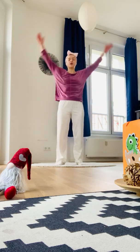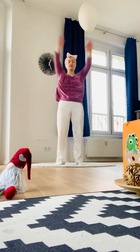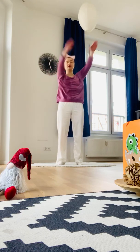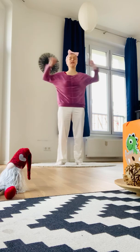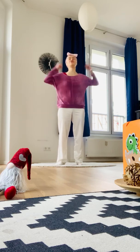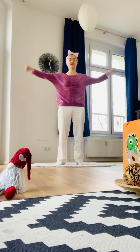So now move forward in the center. 5, 4, 3, 2, 1. Bend your elbows and now rotate your elbows in the center. 4, 3, 2, 1. Change the direction to the opposite one. 5, 4, 3, 2,